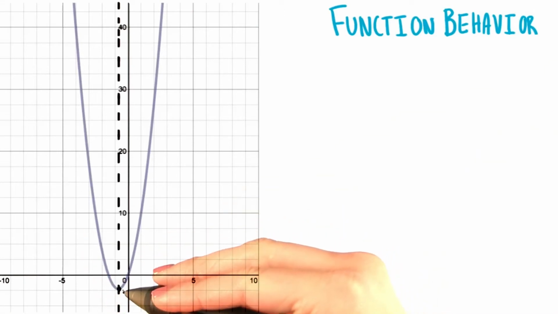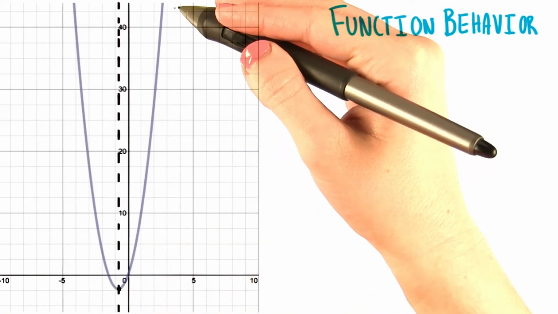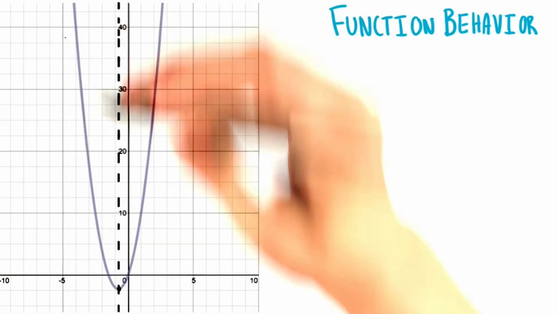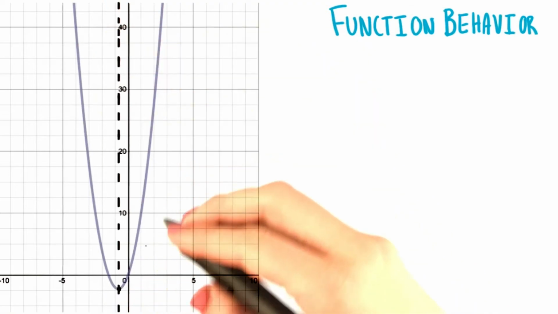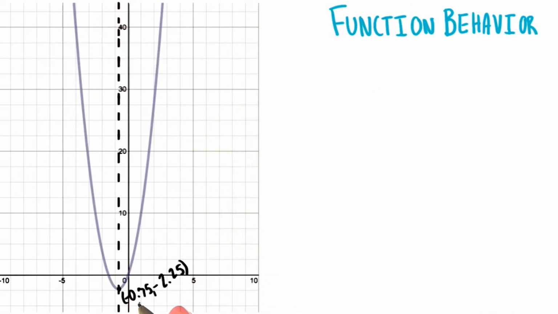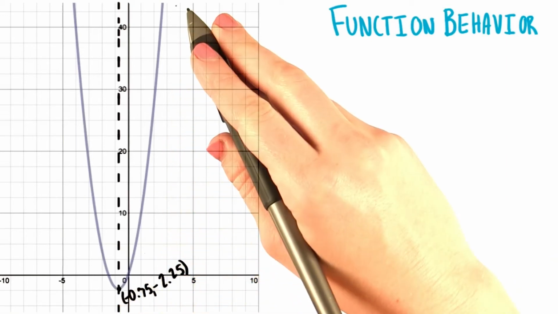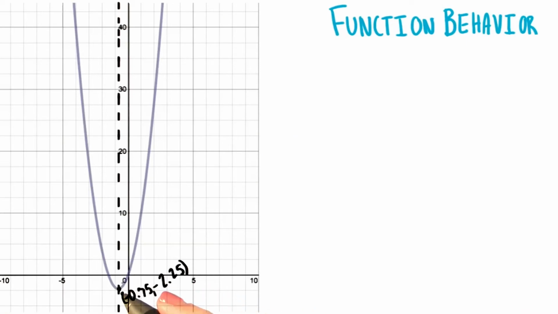But let's see if we can make any other general statements about the behavior of the function on this side of the graph versus on this side of the graph. For a moment, let's just look at this right half. The coordinates of our vertex, as I showed you in the last problem, were negative 0.75 and negative 2.25. So for now, we're just going to only consider the domain in the region where x is greater than negative 0.75. As you can tell, on the right side of the graph, as x gets bigger, f of x gets